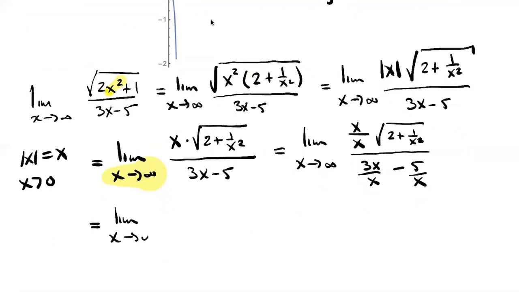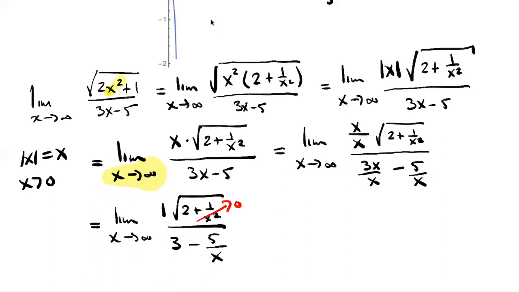The limit as x goes to infinity of, well, just 1 times the square root of 2 plus 1 over x squared. And in the denominator, 3x over x is 3. 5 over x is already simplified. And now using limits and continuity, right? I can take the limit of a square root by taking the limit under it, or I can take it before it. So using all of those limit properties, I'm just going to kind of symbolically write that 1 over